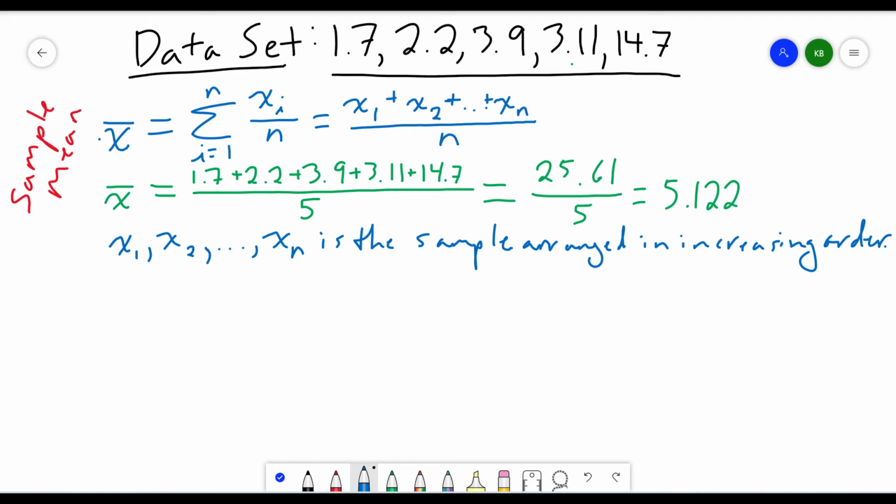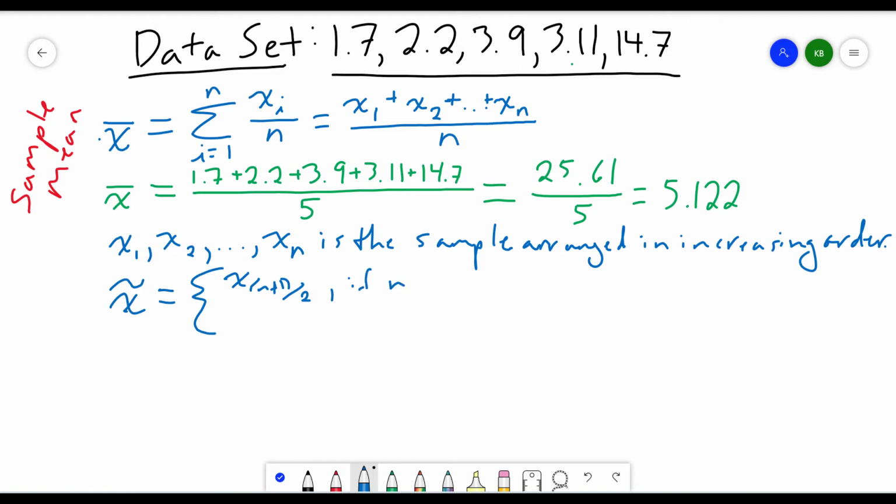And when we have that, then we have x with a tilde over the top of it, is equal to, and now the median depends on whether we have an even or an odd number of data points. So we have x sub (n plus 1) divided by 2,